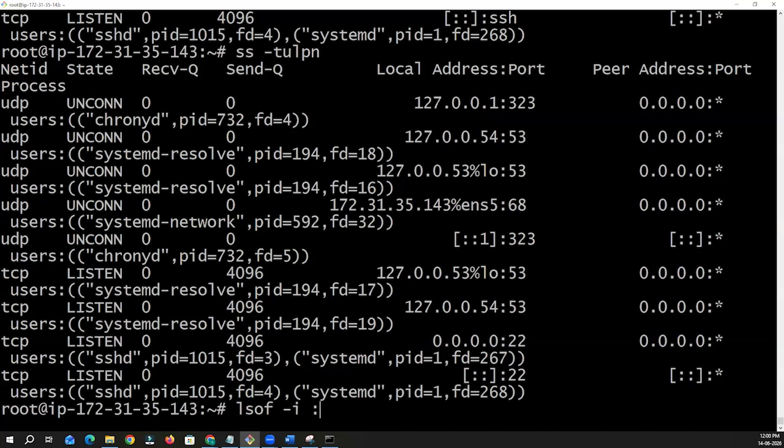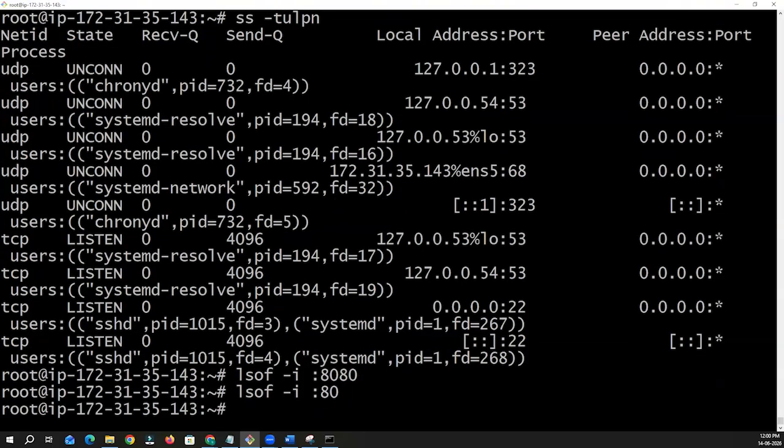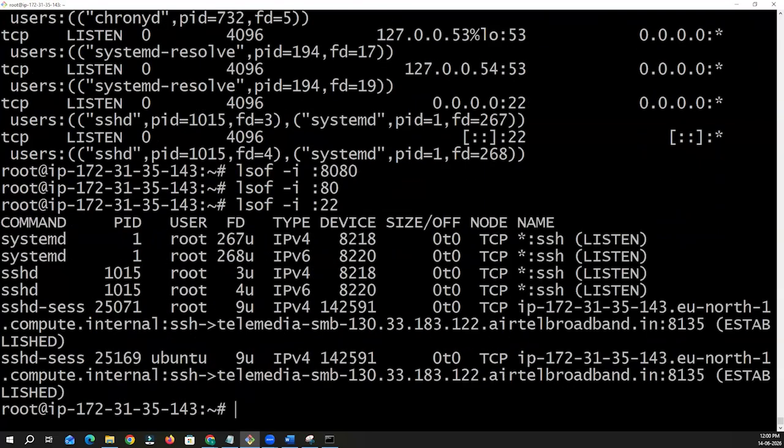For example, let's take port 8080. Enter. Okay. Press up arrow. Instead of 8080, write 80 only. No ports. Write 22 then. Right. So 22 is used by